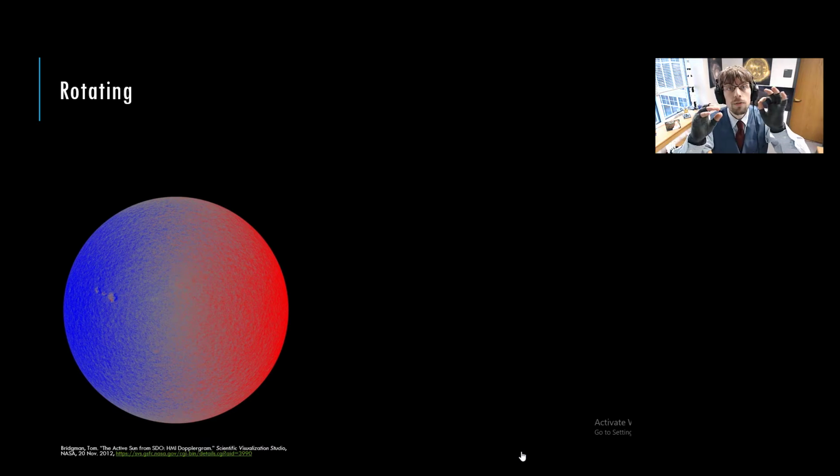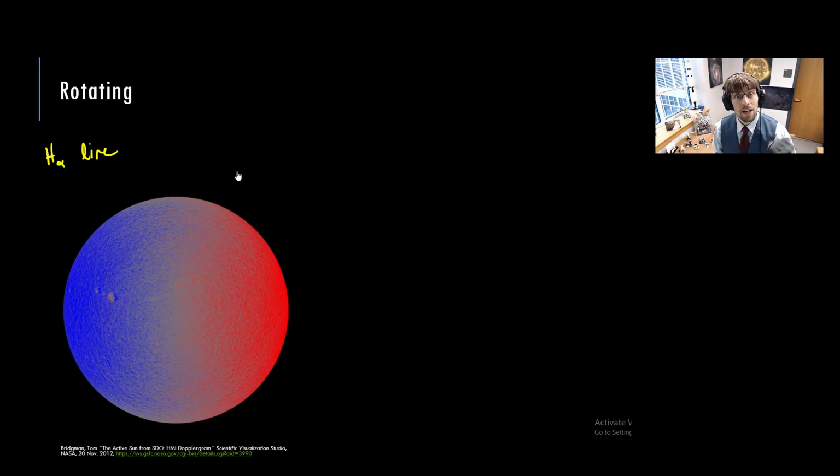It is falsely colored in order to visually represent the shifts in the hydrogen alpha line. And it's not by accident they chose blue and red. Based on those shifts, you can say